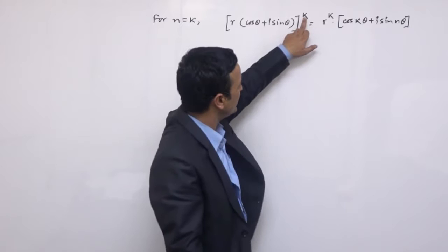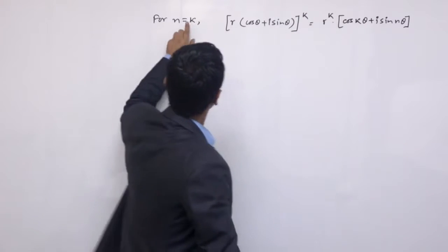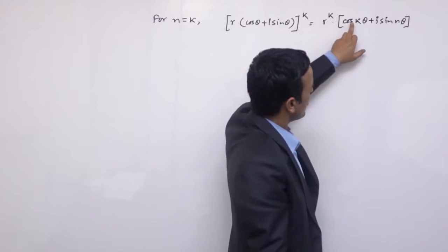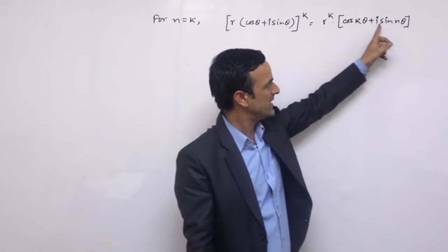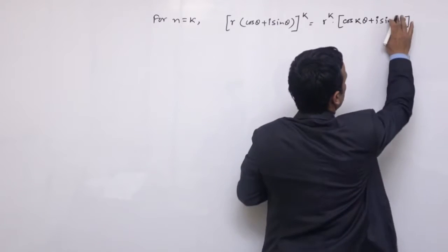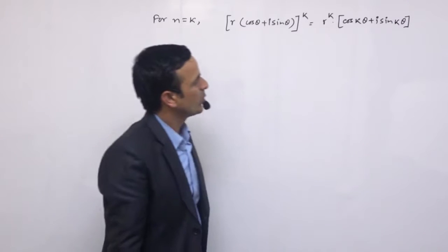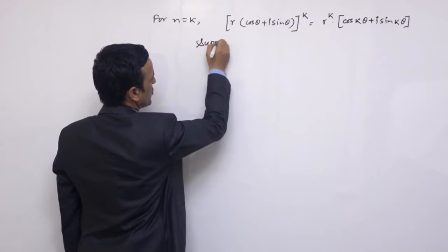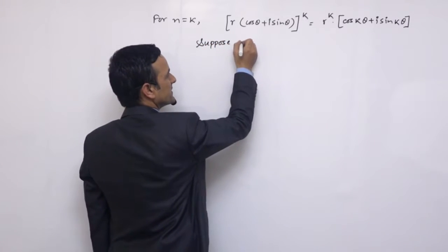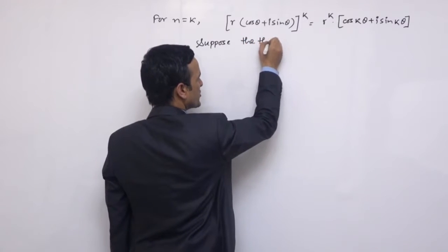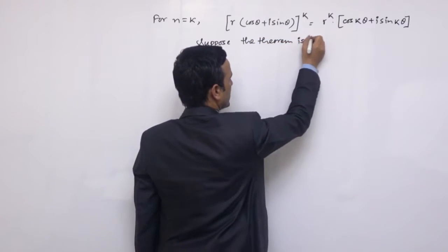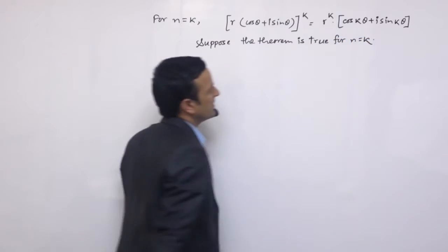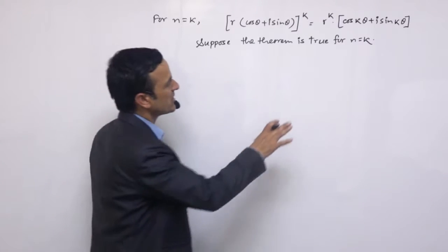हाम्रो डिमोइभर को स्टेटमेन्टमा जहाँ जहाँ पावर n, जहाँ जहाँ n देखिन्छ त्यो n को ठाउँमा k राख्नुहोस्। यहाँ n छ, k छ, r power n भनेको ठाउँमा k, cos n theta भनेको ठाउँमा n को ठाउँमा k, i sin n theta means here is also k. So write down k wherever there is n. So we can suppose, suppose the theorem is true for n is equal to k। n is equal to k हुँदा यो theorem true छ भनेर यहाँ चाहिँ मान्नुहोस्।